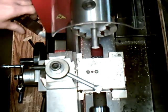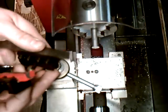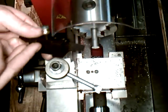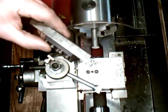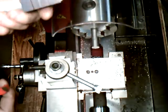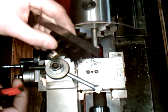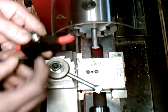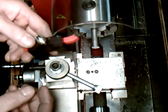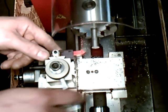bits. This is a parting tool. Depending on what you're doing, you might be doing some parting. You might cut it with a bandsaw and face it off. But with the quick change tool post holders, you can get all these holders and just have all your bits in there. You know exactly the size you adjusted at your height level, and just pop it in and